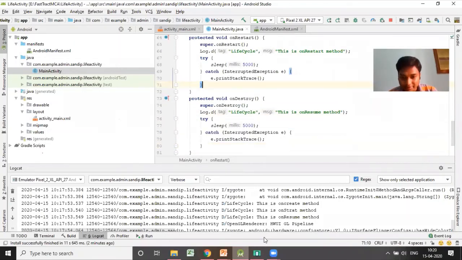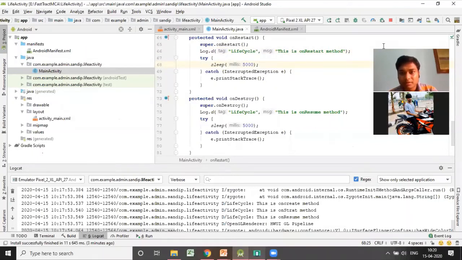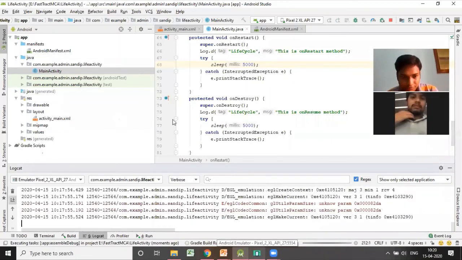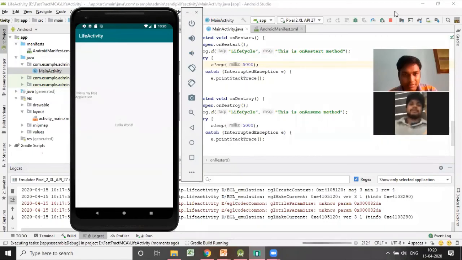Now I'll run it again. Now you see the log.